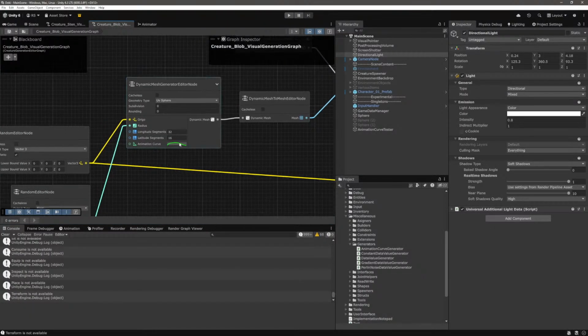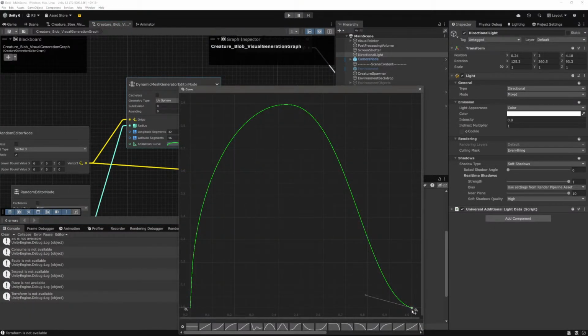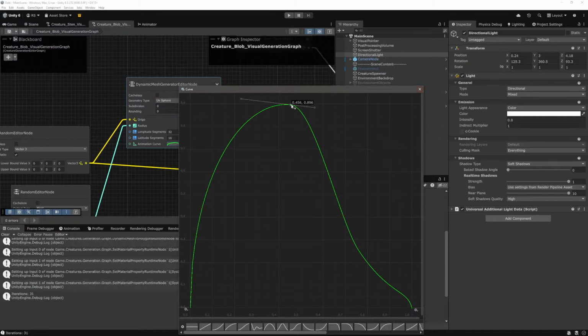Like, I want to make it easy for me to define this stuff as well, you know? What do you think something like this would look like? Probably